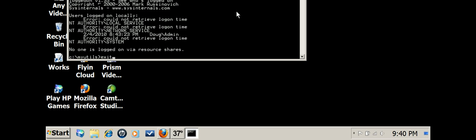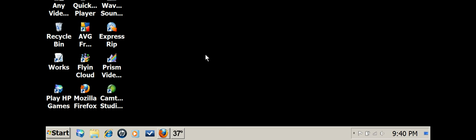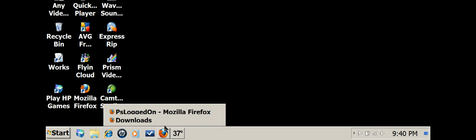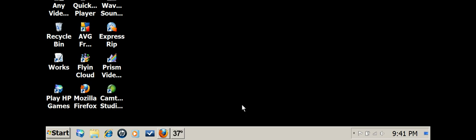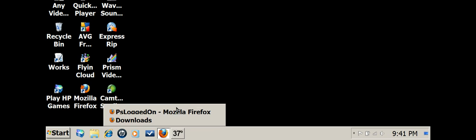I'm going to type in exit and get out of the command line right there. So like I said, make sure you download this. It can be a very helpful tool. Like I said, just type in psloggedon.exe in your Google search box, and it'll be the first result right there,